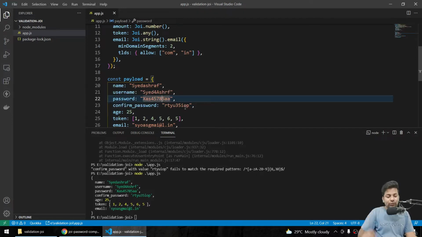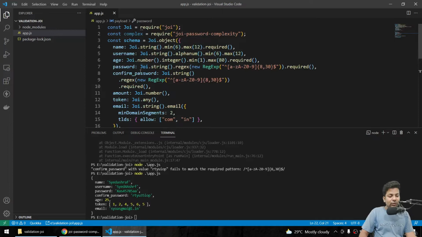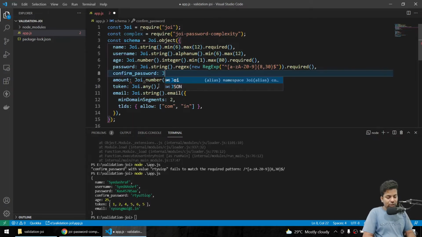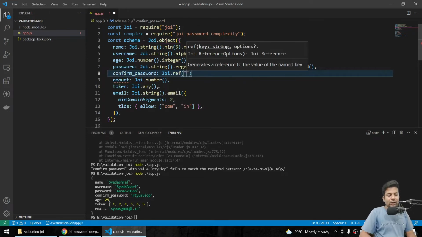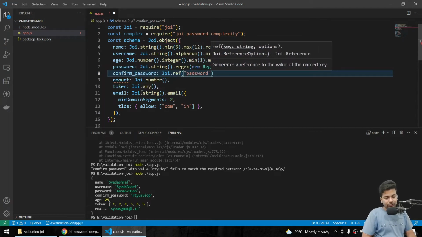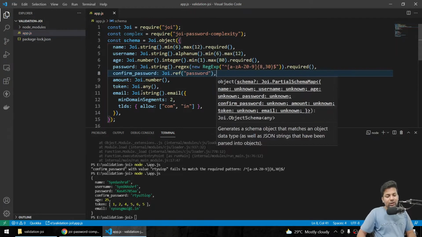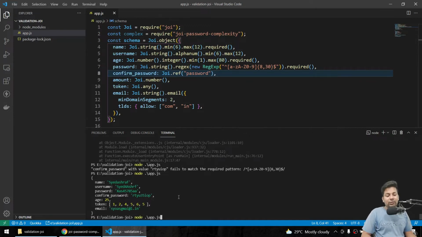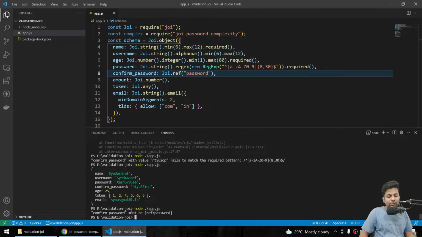So we have to do something so that they should be the same and follow the same validation also. So what can we do? We can just remove this confirm. We can just say joi.ref, ref stands for reference, as we all know, and here we'll give this password. Now if the password is different, it won't match. Confirm password must be a reference of password.